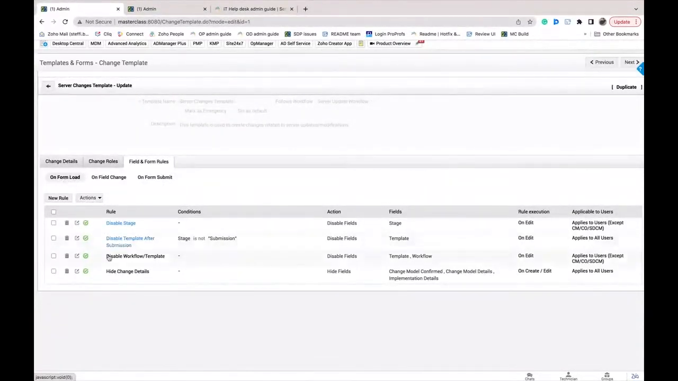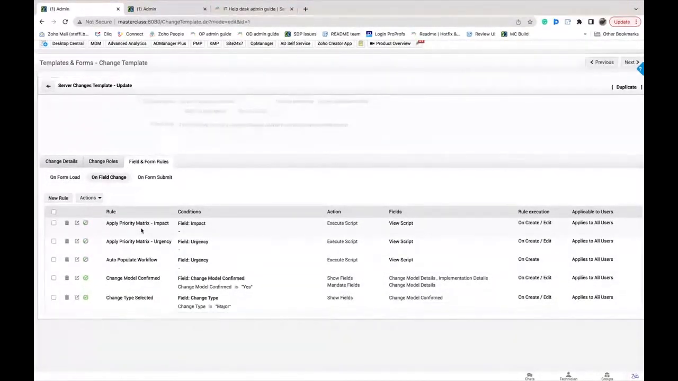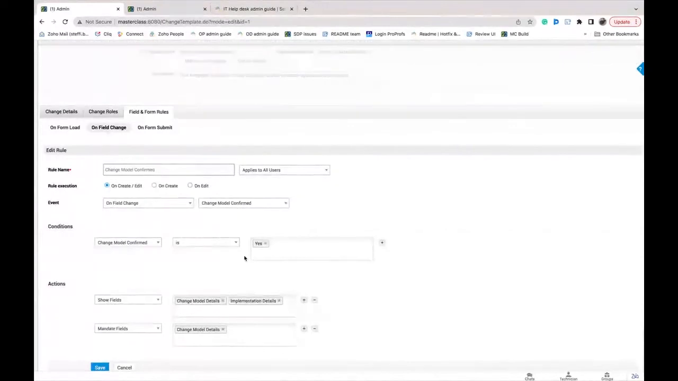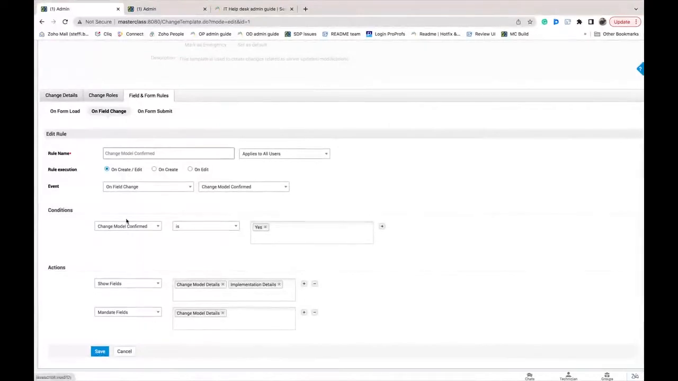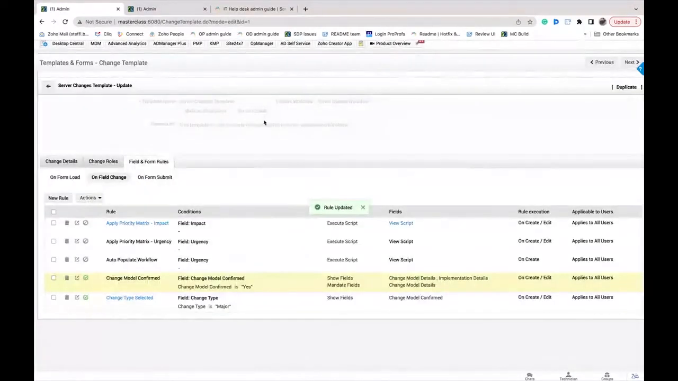So let's say that when I'm loading the form, I want to disable a few stages, I want to hide a few fields. I can define them in the form load. Or if I have on field change, here I can say to ServiceDesk Plus, if my user is telling that the change model is confirmed, let's show certain fields and mandate them. So this is how field and form rules work. And if you don't specify a condition, the field and form rule will be applied to the template irrespective of whatever happens. So you can limit it to either only when a change request is created or only when it is edited as well. So once you've configured field and form rules, you can click save and your template is